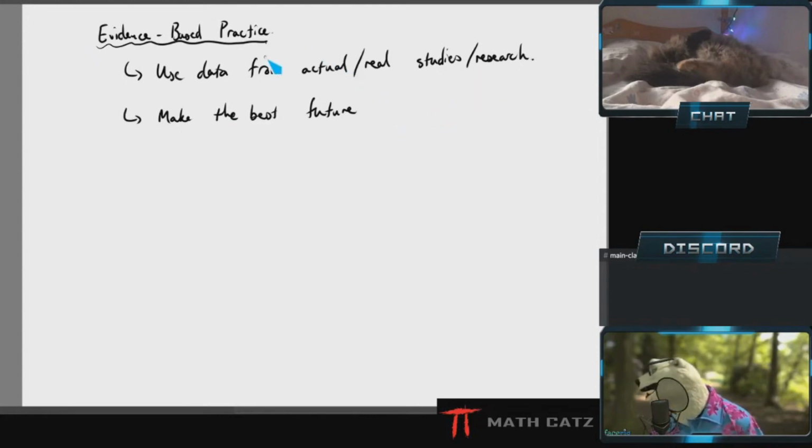No, we need to base our decisions on sound logical practices, make the best future decisions that is possible. There's always uncertainty, and that's really why the subject of statistics exists, but we make the best